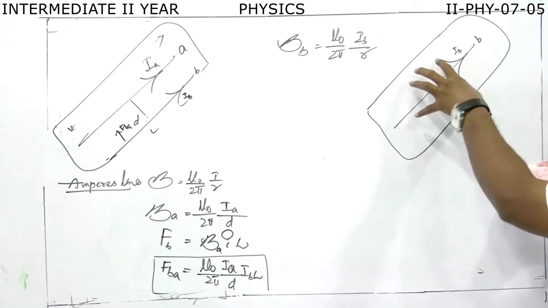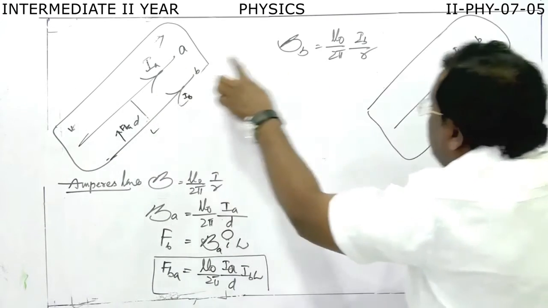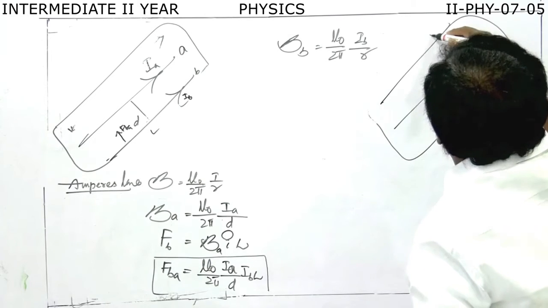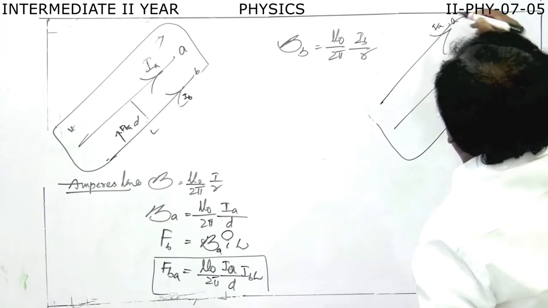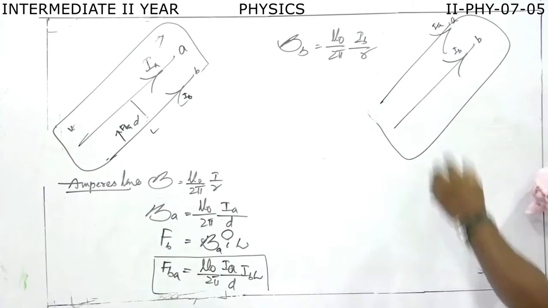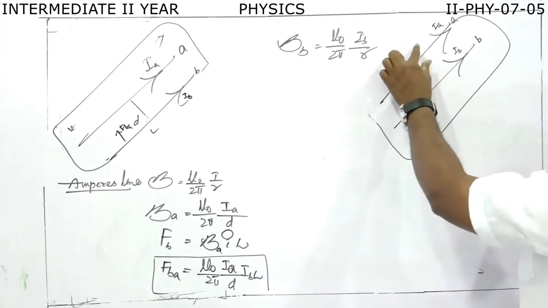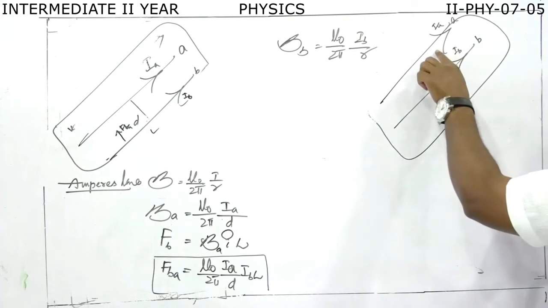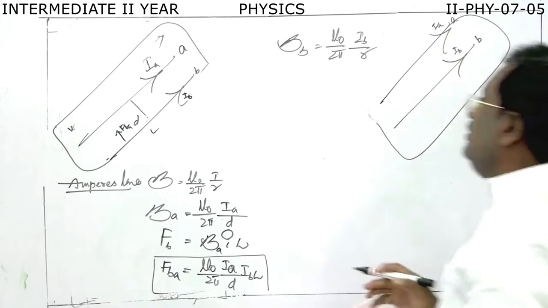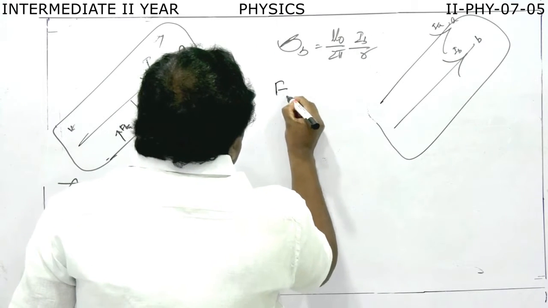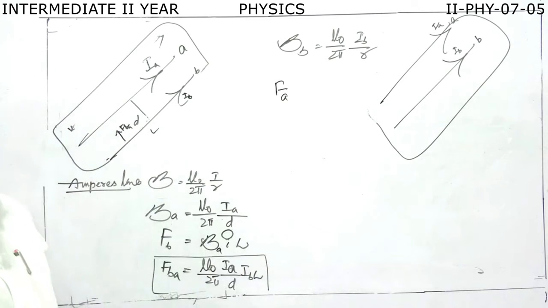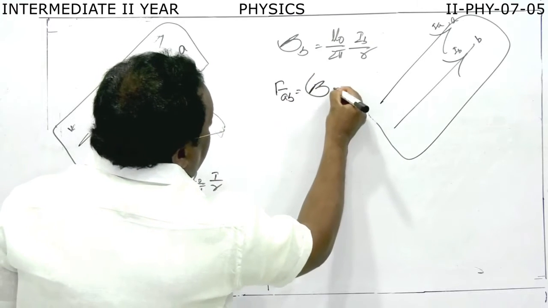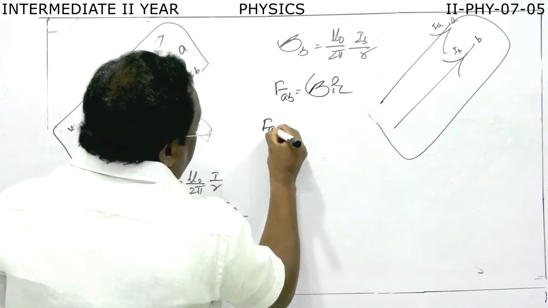Now in this magnetic field, you bring the conductor A and keep it nearby B. Now the conductor A is in this magnetic field. Now A experiences a force. We can write F on A, the force on A due to B, FAB. Formula BIL. So FAB is equal to